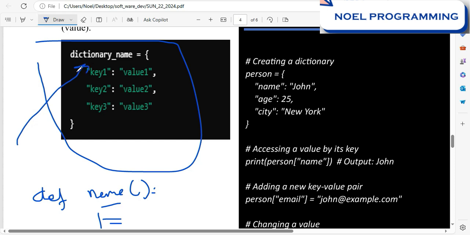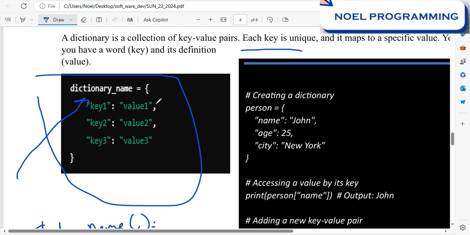If it is a person, maybe this represents a person. So we have that name, and then we have this assignment operator. I don't really remember if we talked about that last week. This is the assignment operator, like we are assigning all these values to the name that we define here. Think of this name as a variable. So use the same nomenclature that we talked about for naming variables to name the dictionary also. Use a name that you can easily remember, and